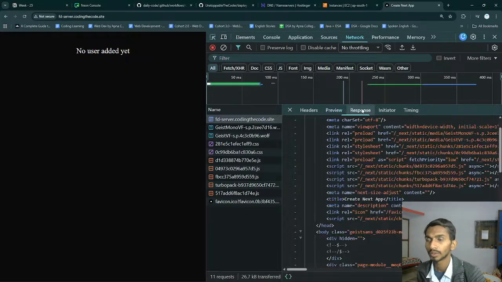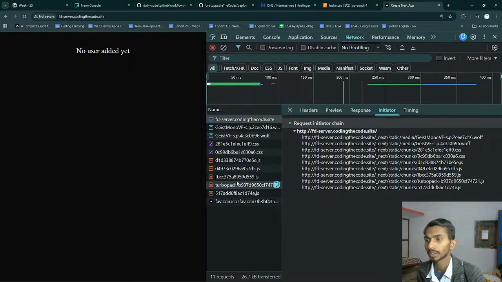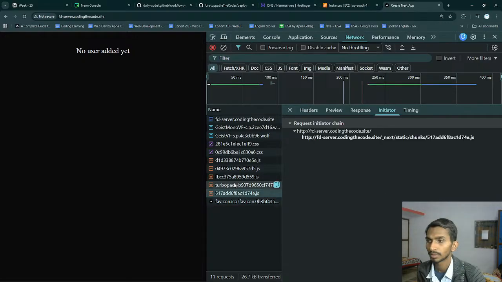Preview, response, errors. Yeah, that's also right. I cannot see any request going from the backend to the database because it's being rendered server side. So what option do I have now? I can log the values.